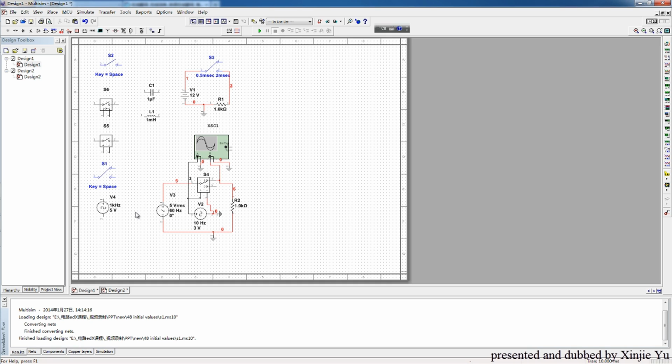Hi all. This is the fourth introduction to the simulation in principles of electric circuits. Let's discuss how to use Multisim to do the time domain simulation. We said in lecture 47 that the dynamic circuit needs two necessary conditions to start its transient process. One is that it needs energy storage elements, so we need to first introduce how to add energy storage elements